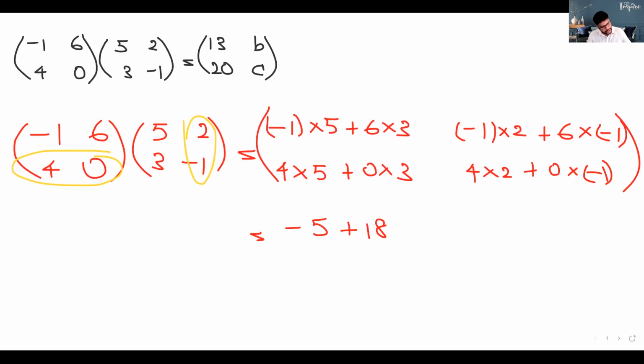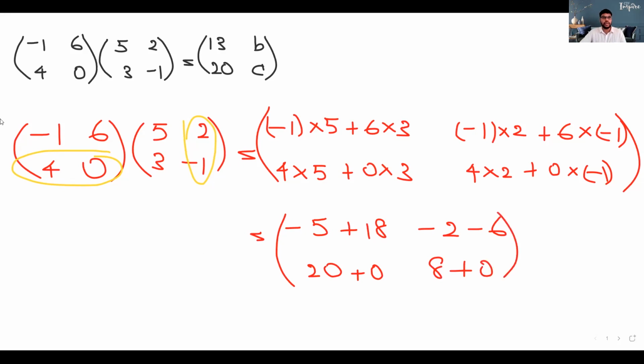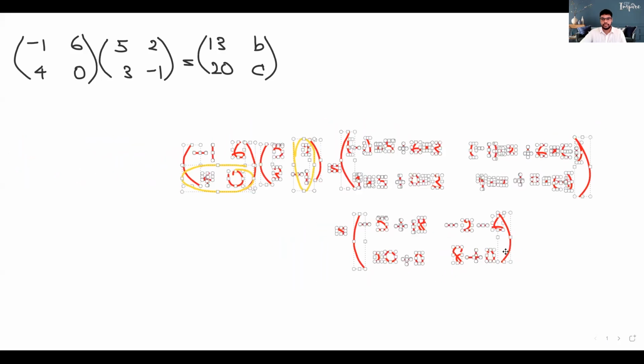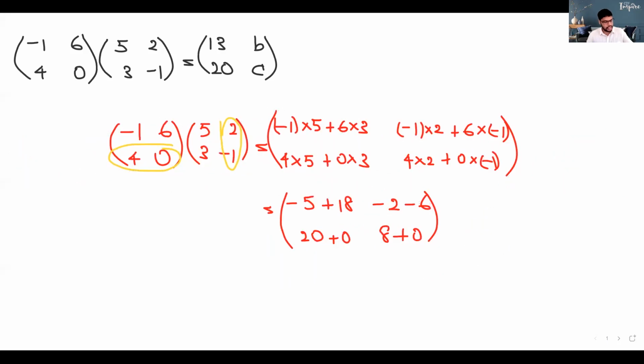And we get 20 plus 0, negative 2 minus 6, 8 plus 0, right? So far this is what we have, right? So let's simplify this to get the answer. So we get 13 here, which is true, 20 here, which is true. This becomes minus 2 minus 6 is minus 8, and 8 plus 0 is